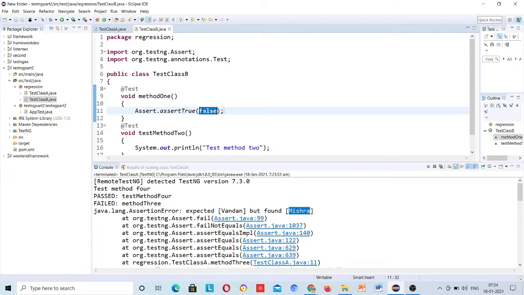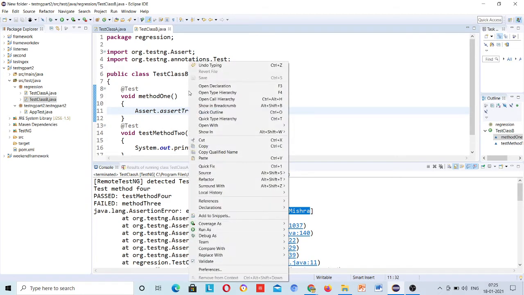Here I am hard coding the value, but in real time all the information will come from the website results that you are automating. Suppose you take the website title, which you store in a string variable, and then you pass what you are expecting. Those don't match, so the result will be false. So this is another method.